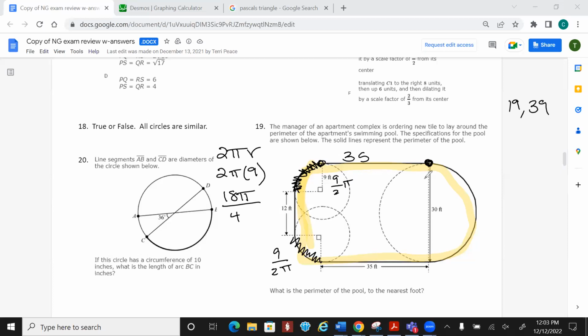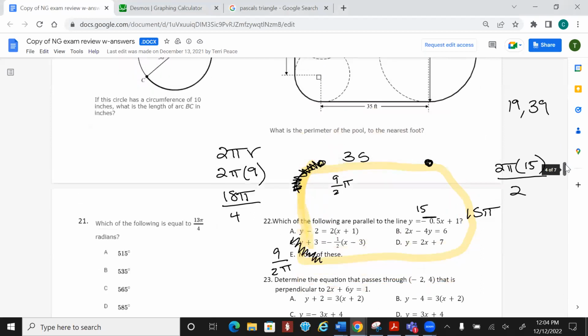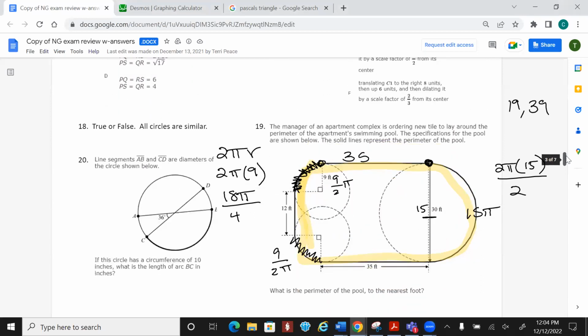And then we're going to do the same thing for this guy, but it's going to be half a circle now. What's the radius of this one? 15. So we're going to do 2 pi times 15. But we're going to divide it by 2 because we only want half the circle. So that's going to give us 15 pi. My answer choice is written in radians. Are there answer choices? No. Okay, cool. That's fine. All right, so then I'm going to add up